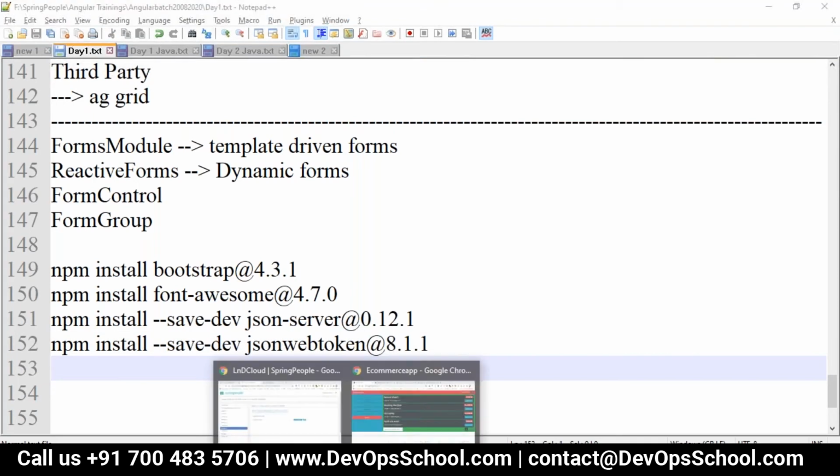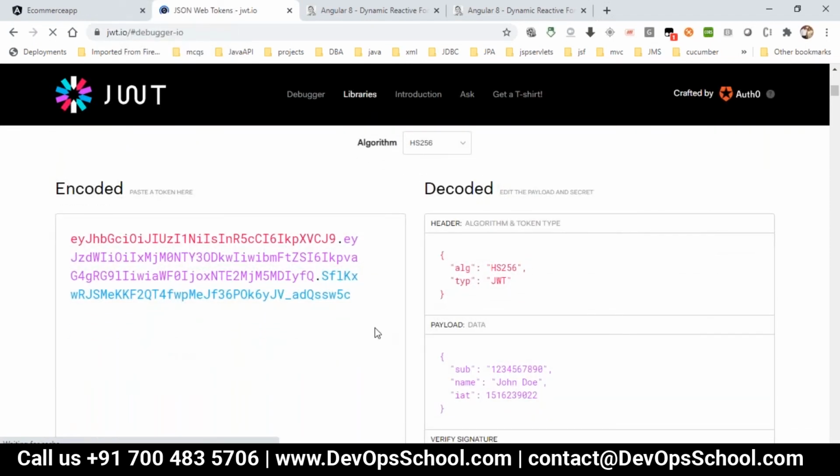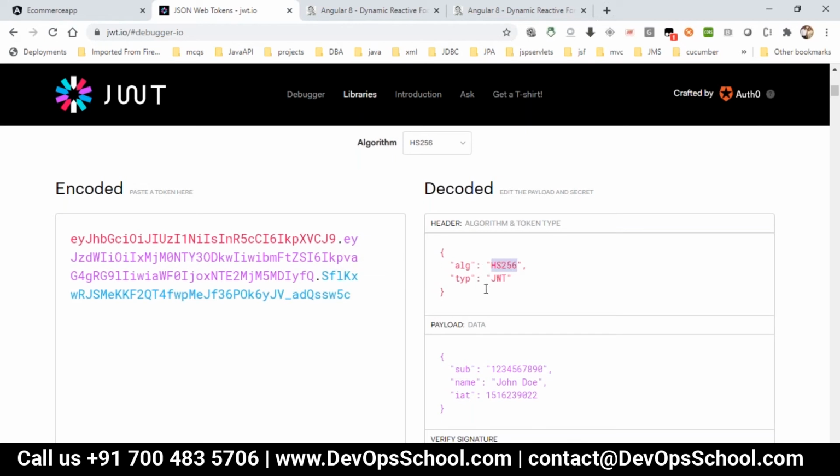When you go with security here, we are using JWT tokens. If you see any token, this big token will be generated, and the first part of the token is the header, which contains the type of algorithm you are using and the type, which is JWT, and you have HS256 or SHA-256. When you change the algorithm type itself, you will get a different encoded value. Your values will be based on this algorithm, and you will get this first encoded format.